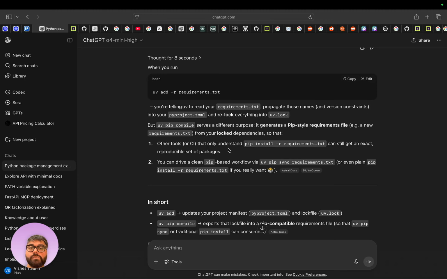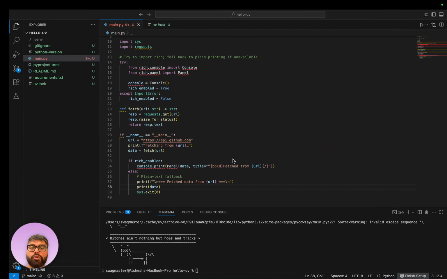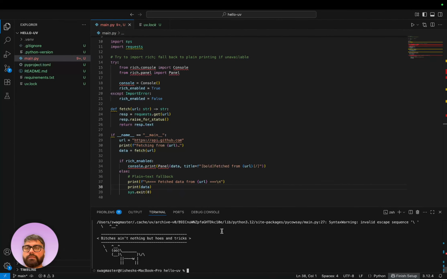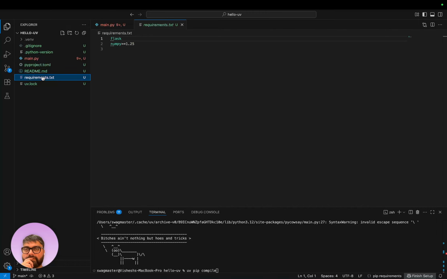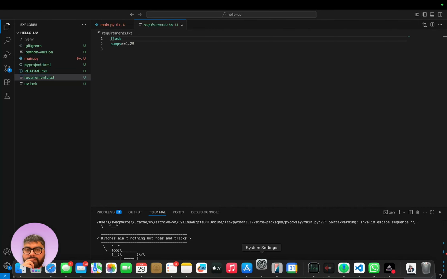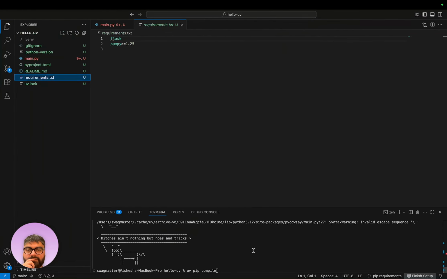Oh, wait. Okay, so let's do this. UV pip compile. So that means, oops, accidentally clicked the settings button. Nope, not that.